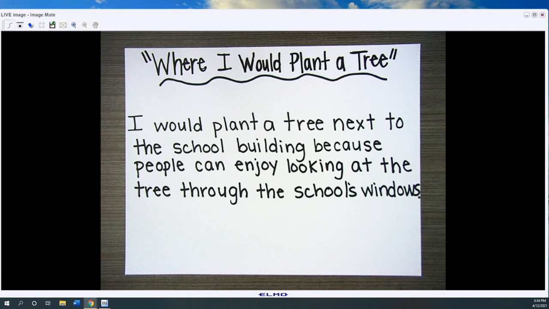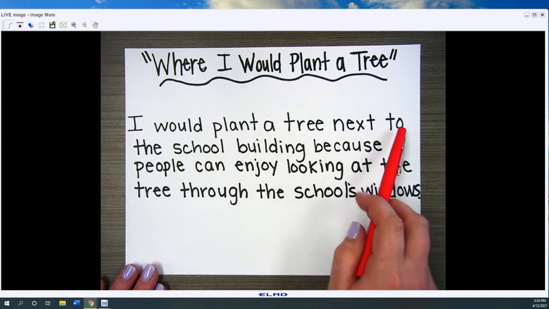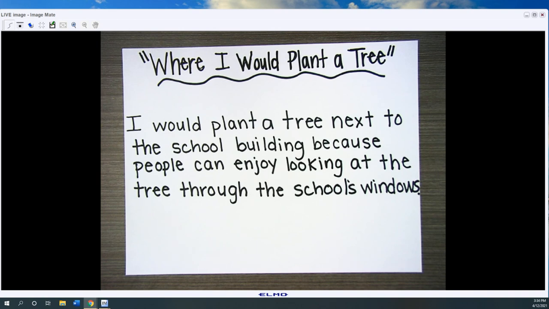So when people share their opinions about a topic through writing, they must include important parts in the writing so that the reader can understand the opinion. I'm going to reread the opinion model again and point out the different parts in the model. Okay. I would plant a tree next to the school building. So that is your opinion,